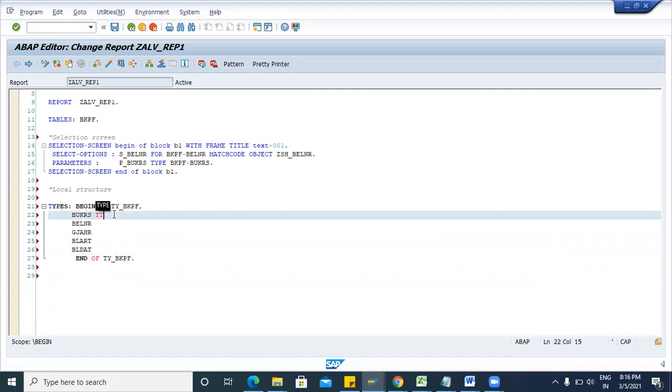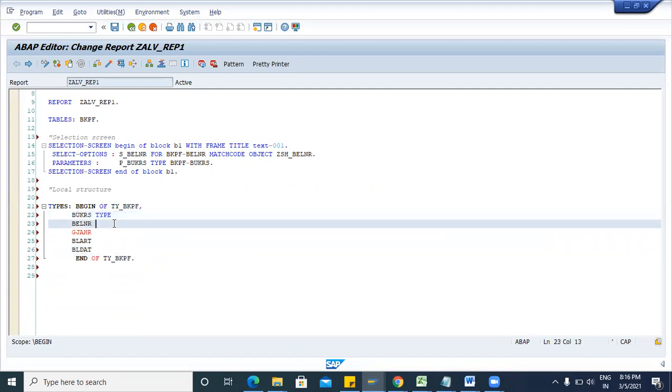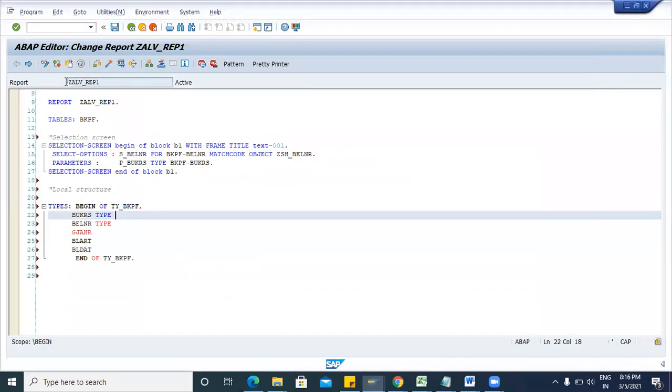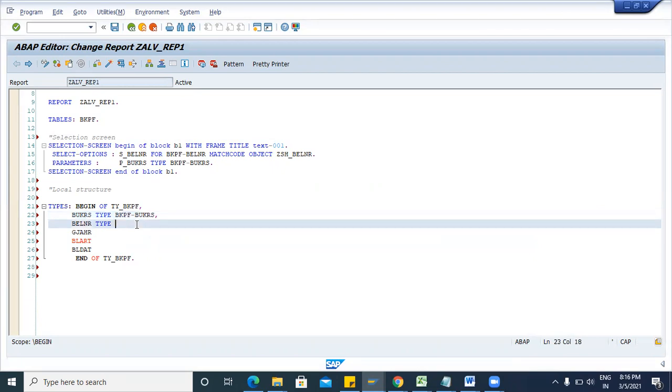Now we will declare this field using type keyword. Then type of, we have to take this PKPF table name, then field name, table name, field name.